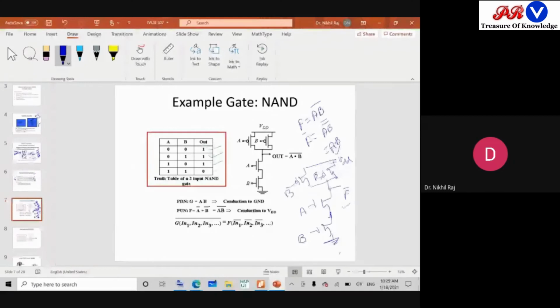So first we realize the pull down network. Pull down network means taking the complement, A into B. So this is A into B in series form. This is your pull down network. And then the pull up network will be the dual: dot will be changed to plus. So dot is changed to plus here, and then A and B are given as the input. Whenever we read the output from the pull down network, that is A dot B, and since we know CMOS gives a complement form, you put a complement there. So this is the way to realize the CMOS logic of the function. Okay.